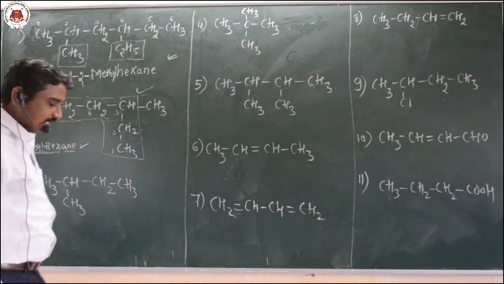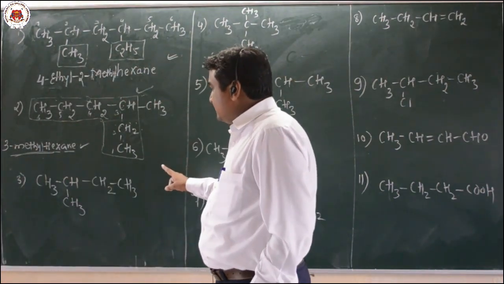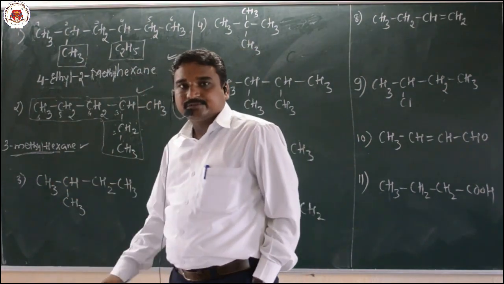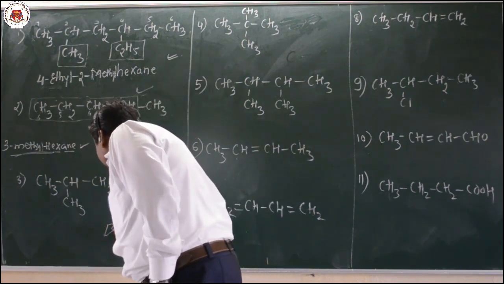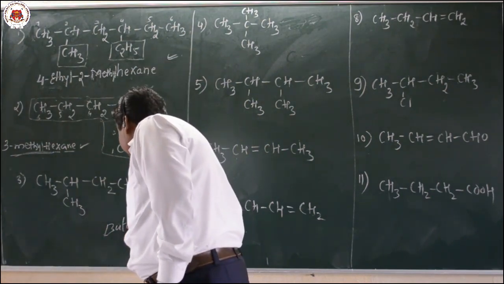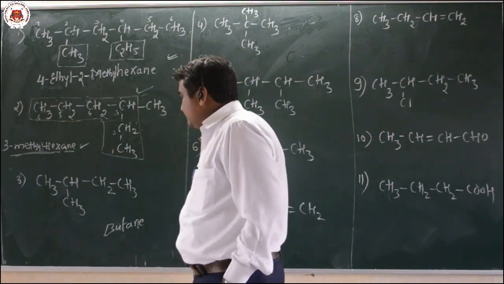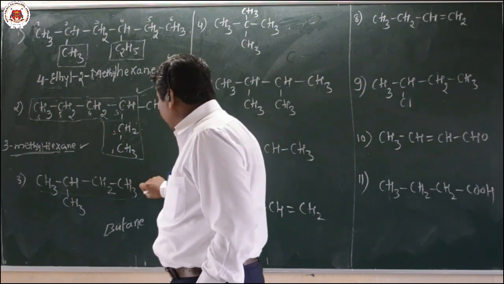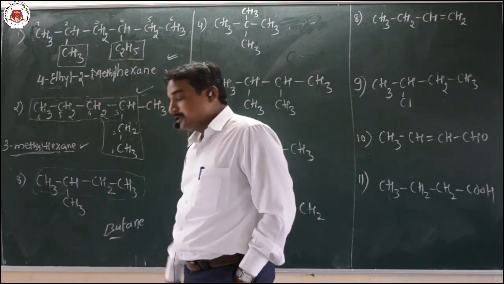So in the third case, here there are 4 carbon atoms: 1, 2, 3, 4. 4 carbon atoms. Hence the root word becomes what here? But. And here also there is presence of primary suffix, that is only single bond, ane. And you have to mention the position and name of the substituent group. Now here this is the longest chain I have written already. So the longest chain contains 4 carbon atoms, hence the root word becomes but.